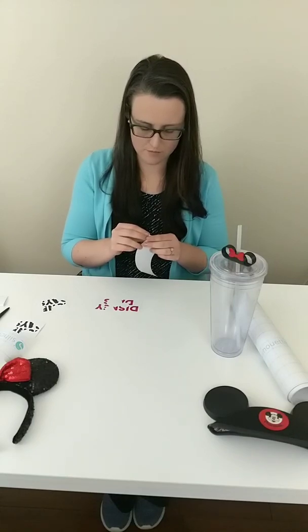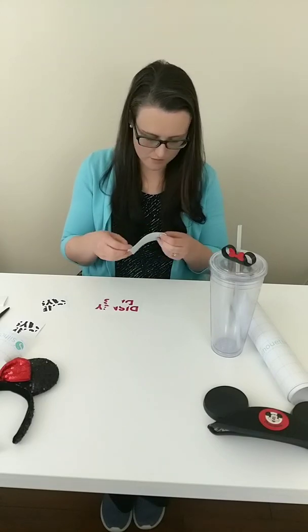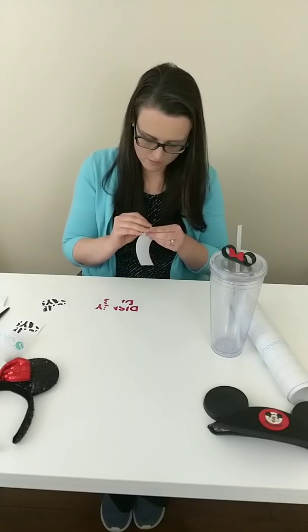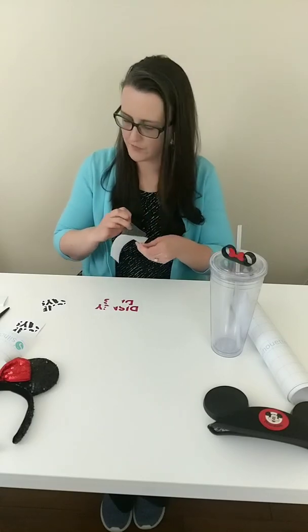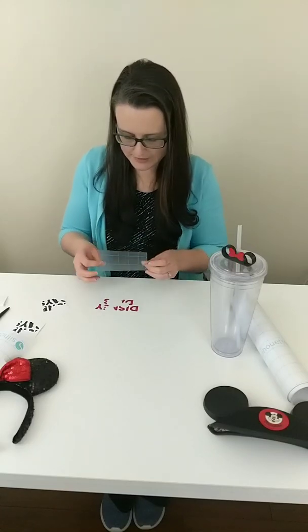And I should have peeled this up ahead of time. Never fails, right? Do you ever have that vinyl where you can't get the corner to peel up, or the transfer tape? Happens to me all the time. Especially right now because I'm under pressure. There we go. Okay, so you peel your transfer tape and lay it over your weeded design,